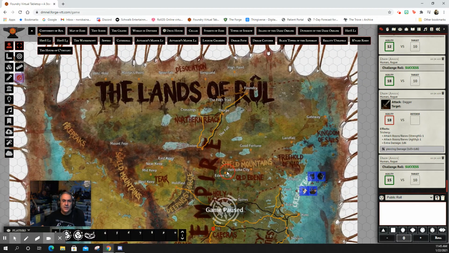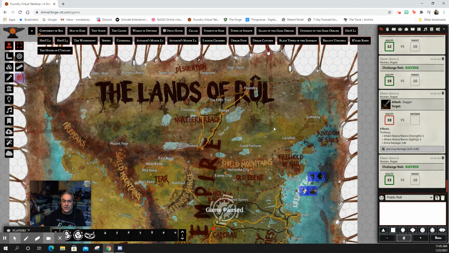And then, of course, up here in the Northern Reach, we also have the beginnings of civilization being established with a road going from Sixton up to Foundry up here, and then over to Crossings. Those are the major cities on the upper portion of the Northern Reach, and then in the lower portion of the Northern Reach,